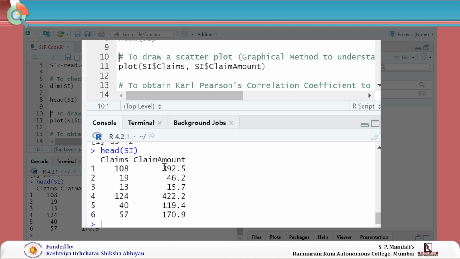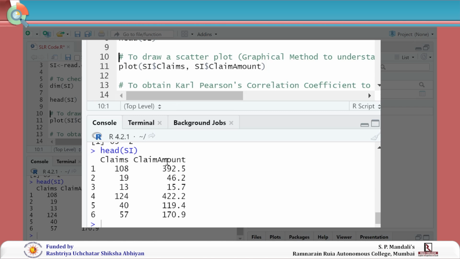As seen in my earlier module, the first step to explore the bivariate relationship is to draw a scatter plot. A scatter plot will enable us to see whether these two variables, claims and claim amount, are